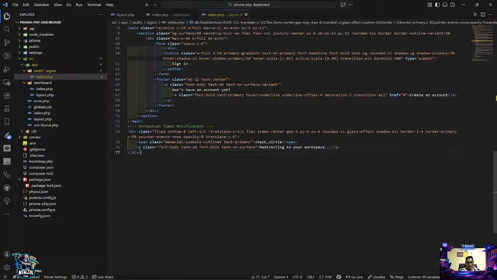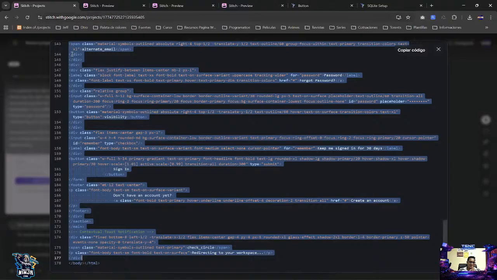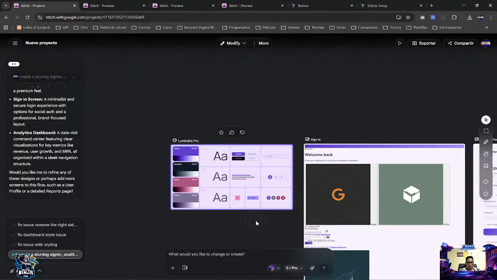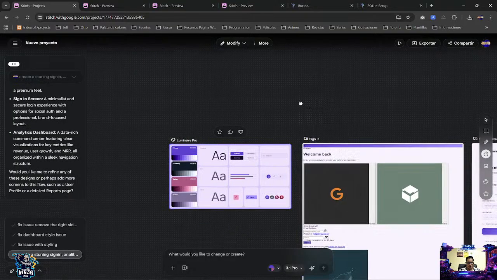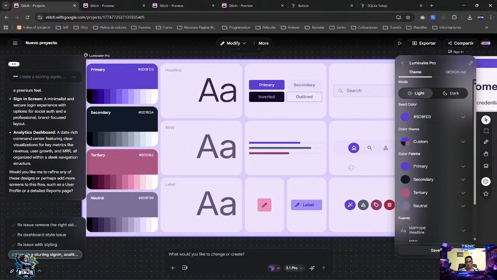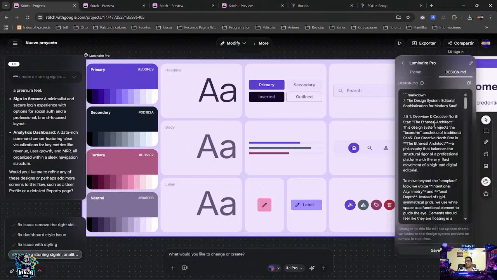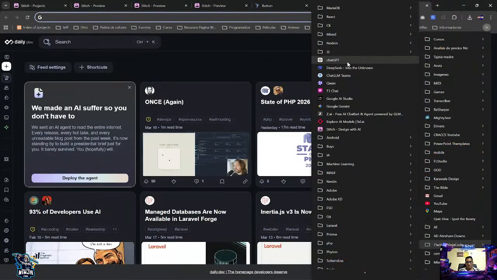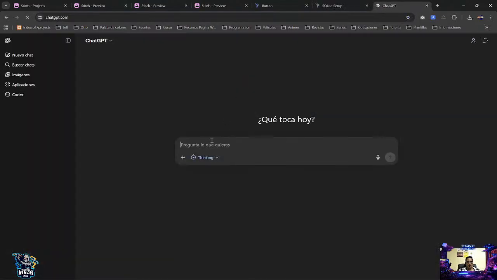Okay, now next, what's good about Stitch is this section. So let's say when you select this thing, you have a design section. You can modify it, let's say I'm going to edit it, and you can copy this and then maybe go to your GPT, I'm going to use GPT for this,